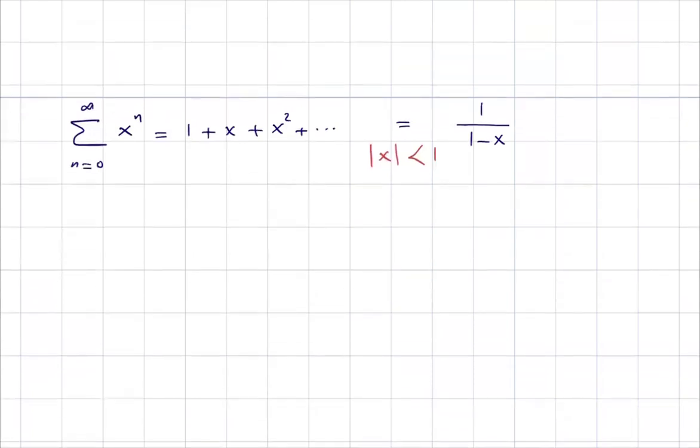The summation of x to power n, starting from 0 to infinity, can be written as 1 plus x squared plus the rest of the terms. In the case that the ratio is bounded between -1 and 1, or the absolute value of x is less than 1, this series converges to the function 1 divided by 1 minus x. And remind yourself of this series, which is basically a geometric